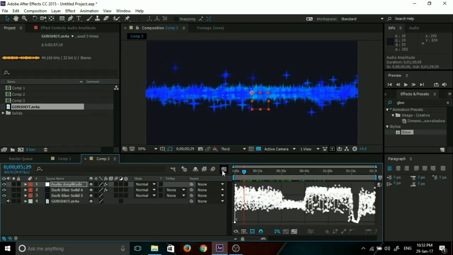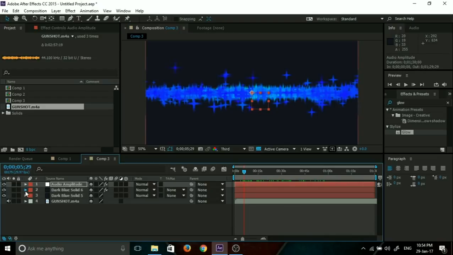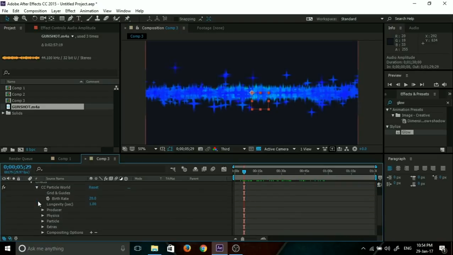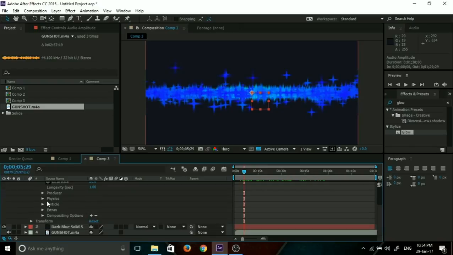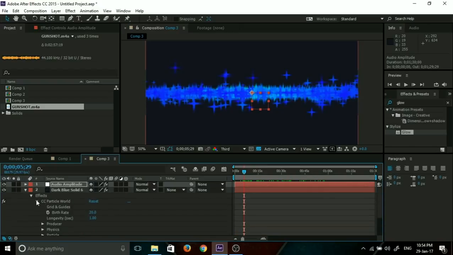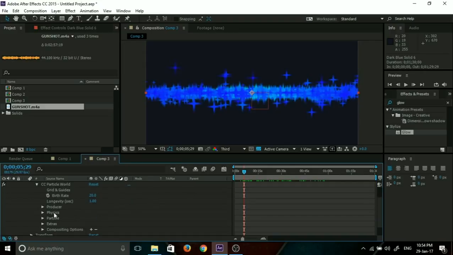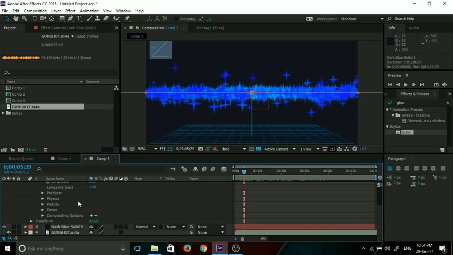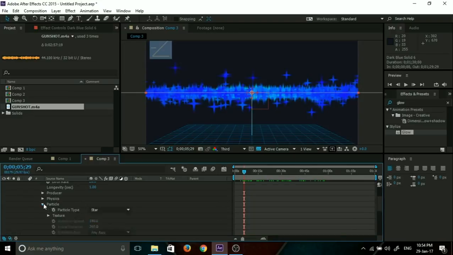So now enough of this. Now we will need some scripts, and scripting is the behind the scenes of After Effects. After Effects works on scripts, but you can go in manually and modify them, and that is pretty cool. That's what we are going to use. So go into the solid which you have converted into particles. Go to CC Particle World effect, which is in effects, and now we are going to modify the particle